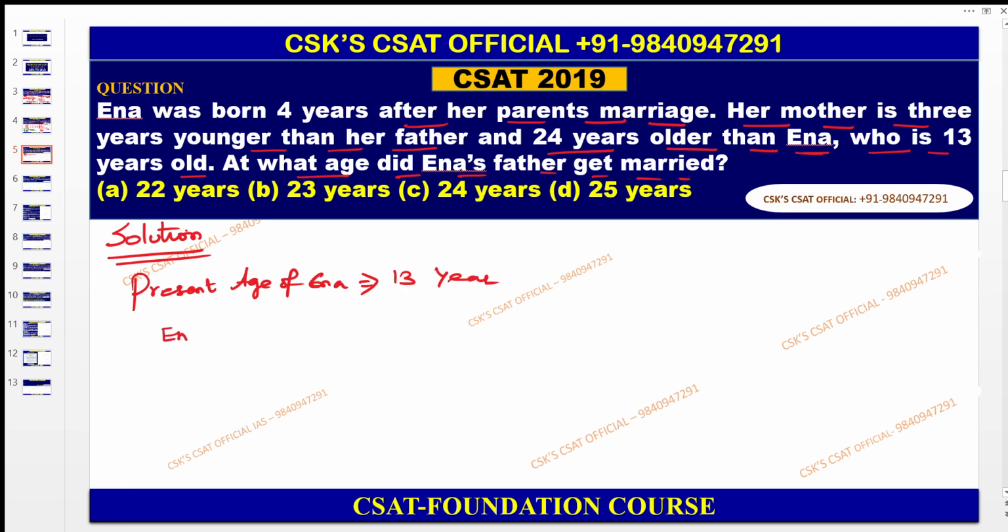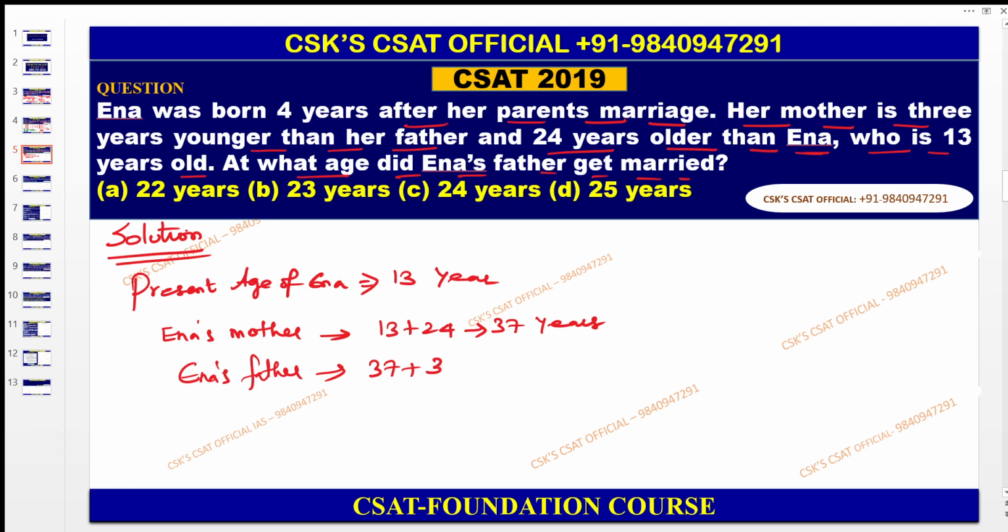Easily you can calculate Ina's mother's age from this. Now try to understand, Ina's mother is 24 years older than Ina. So therefore 13 plus 24, which is nothing but 37 years. Now easily you can calculate Ina's father's age. So Ina's father is 37 plus, now try to understand, her mother is 3 years younger than the father. So therefore the father is 3 years elder, so 40 years. Let us calculate Ina's father's age